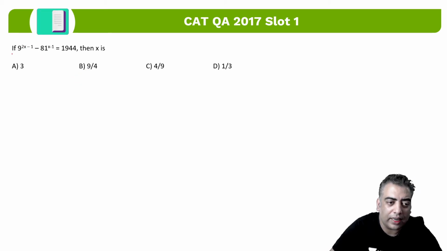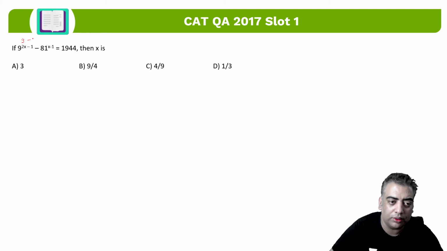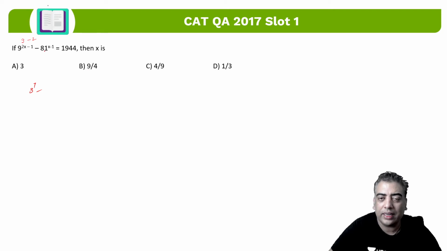So if we consider 9 by 4 here, so 2 into 9 by 4 comes out to be, like you can write 9 as 3 square as well simultaneously. That will make calculation even easier. So that will be then 4 into 9 by 4, which is 9. And because here it is now multiplied with 2, so 9 minus 2 is 7. So 3 raised to power 7 will be here. Likewise, it can be written as 3 raised to power 4x, right?